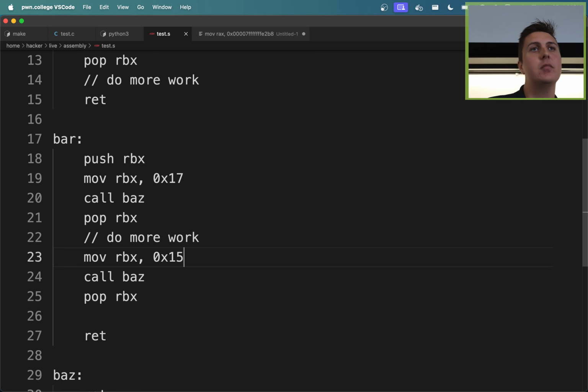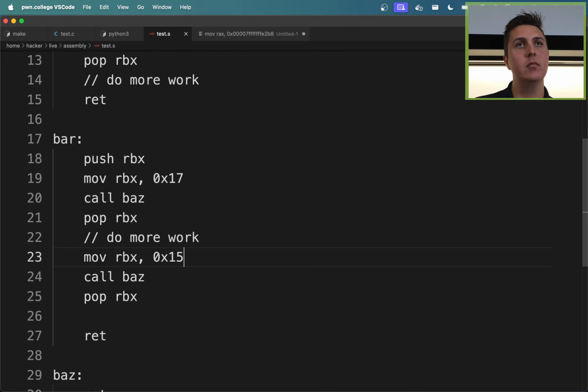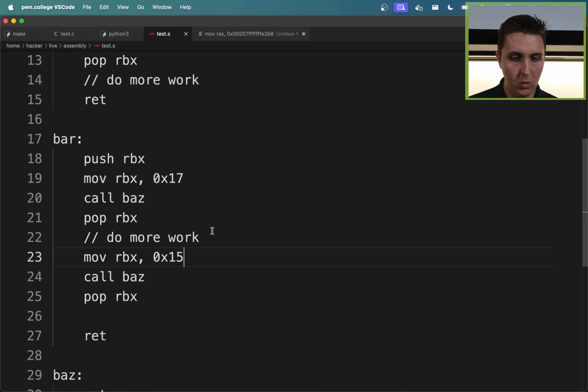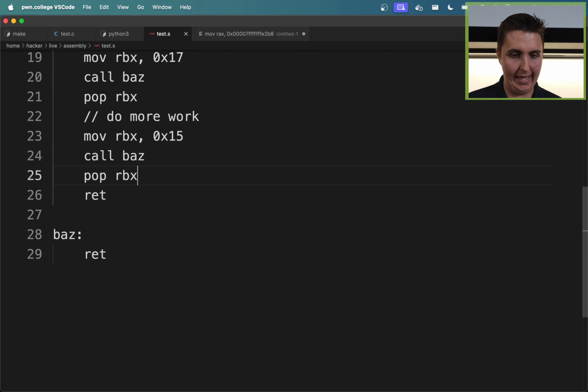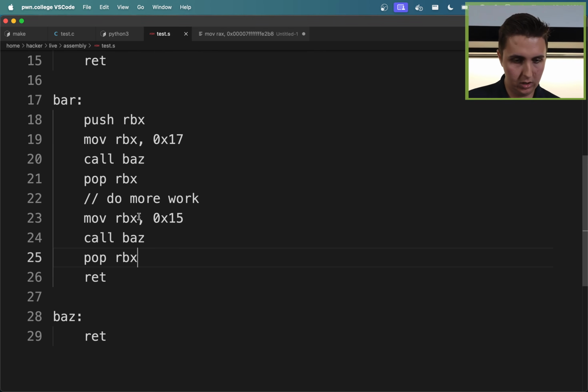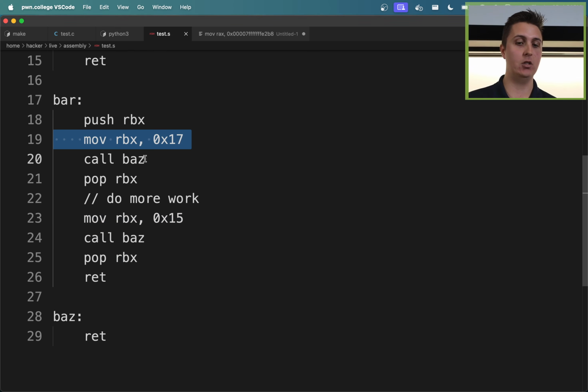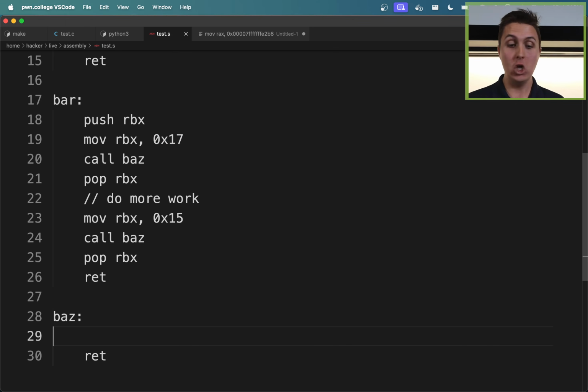There's a question. So when you're in bar or baz, how do you access the thread? When you're in bar or baz, so let's say we're in baz and crucially someone is passing to baz this value in RBX. You're saying how do I use it, right? So it's really just, let's say the computation that baz is a function that adds 1 and puts it into RAX. So what I could do is